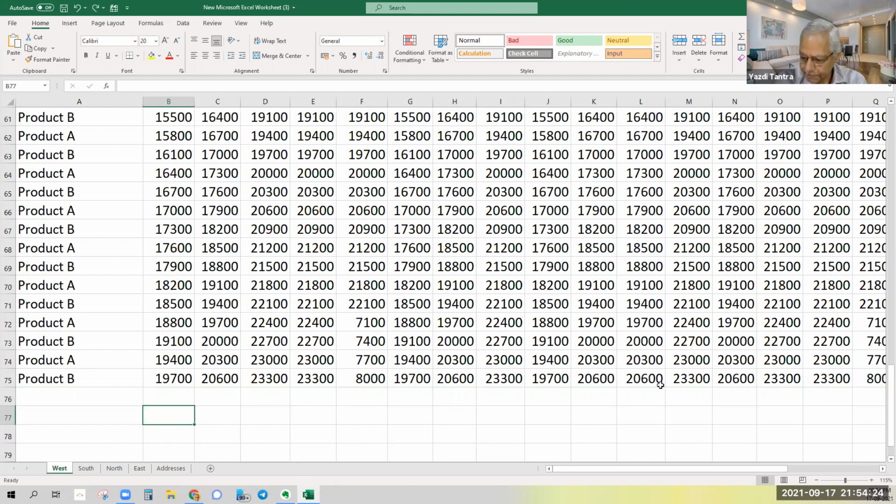Great. How can we remember the shortcuts? Practice. As I said, the more you use it, the more you will remember it. Because these are all very, very simple things.